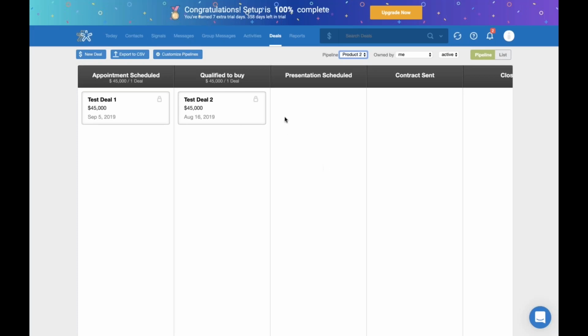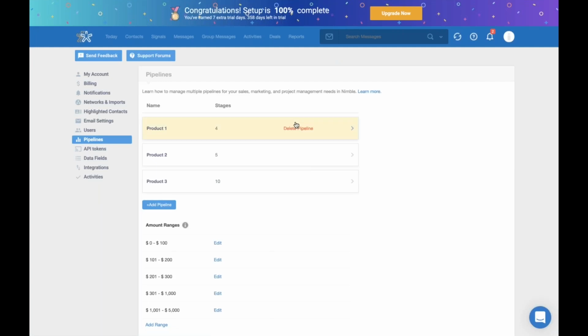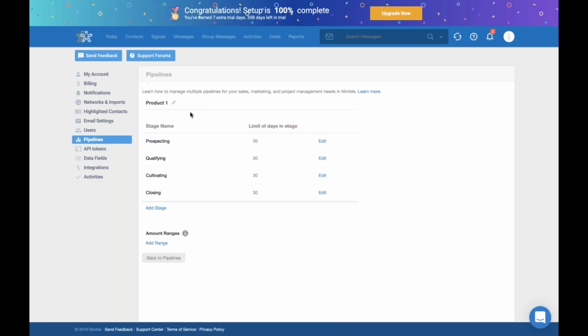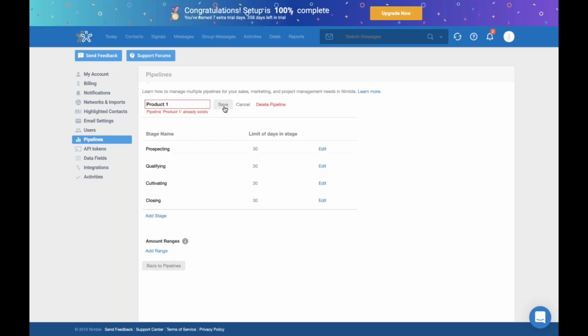So I mentioned that you can create multiple pipelines. When you first look into Nimble, you will land on the default pipeline. You will have the opportunity to go into customized pipelines and just hover over the default pipeline. I believe it's called opportunities by default. But when you click on it and click on this edit icon, you can rename it to anything that makes sense to you. You save it,